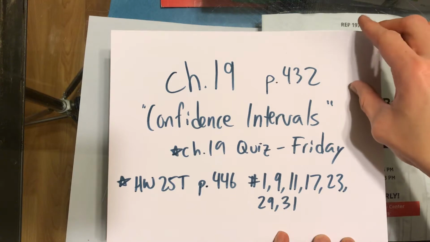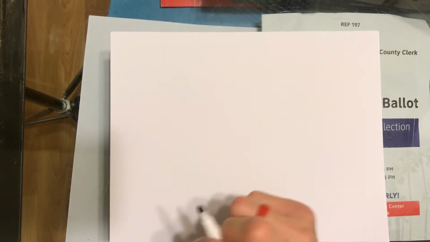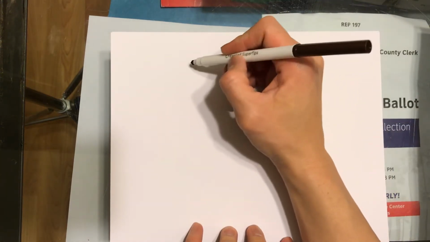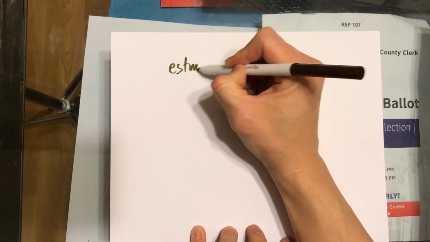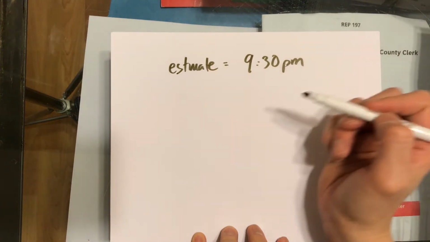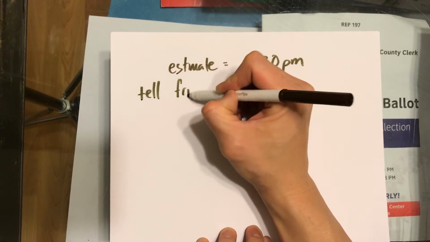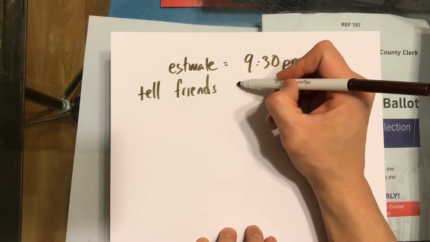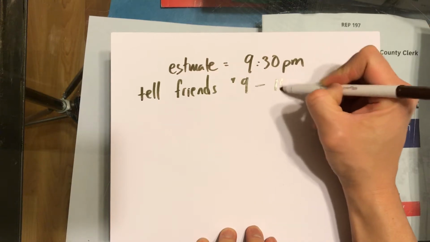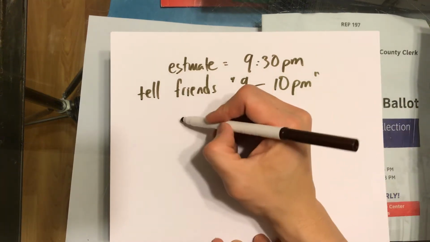So let's get started. In your do now question, one of the questions was, what time do you go to sleep? Okay, so let's say you estimate that you sleep at, let's say, 9:30 p.m. Does that sound reasonable for all of you? So you tell friends or whoever, I go to sleep between 9 and 10 p.m. just because you want to be sure. So what you just did right now is you just made what's called an